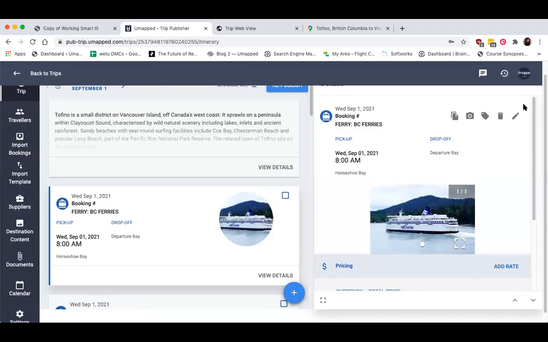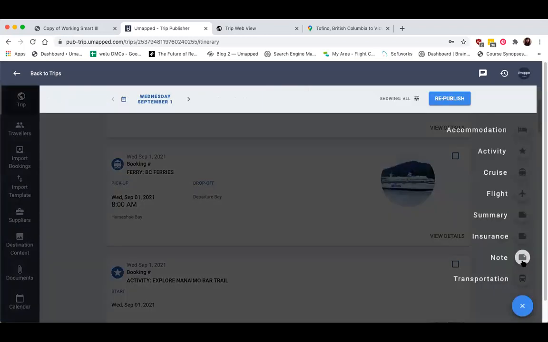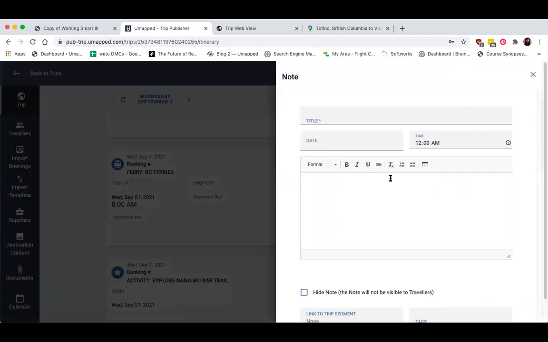The other thing you could do is, if this was about transportation segments, you could always create a note that had maybe some more details about the transportation. You know, maybe this was the directions, or more about the company, or more about the schedule or something. For BC Ferries, maybe I want to actually outline the whole schedule here, just in case they miss the one at 8 a.m. They know exactly when the next one's going to be there.